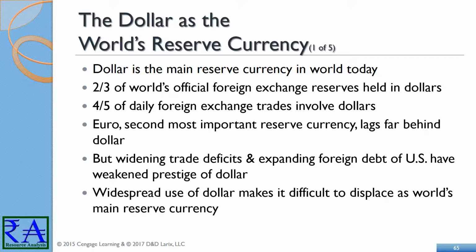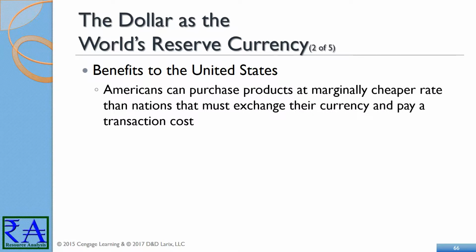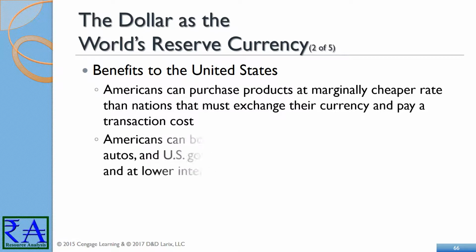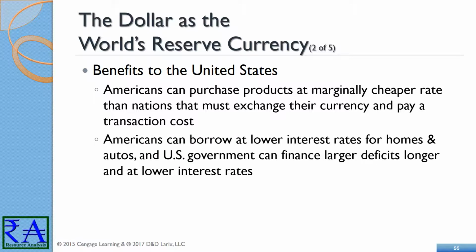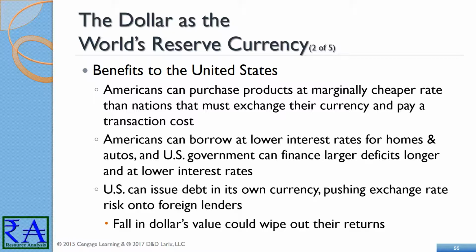The most advantageous feature of the dollar is the level of comfort and familiarity other countries have in it as an international currency. For U.S. interests, it is a desirable position to be in. It means that international transactions cost us less because currency exchanges are not needed. Within the country, households can borrow money at lower interest rates, and the federal government can issue debt in dollars